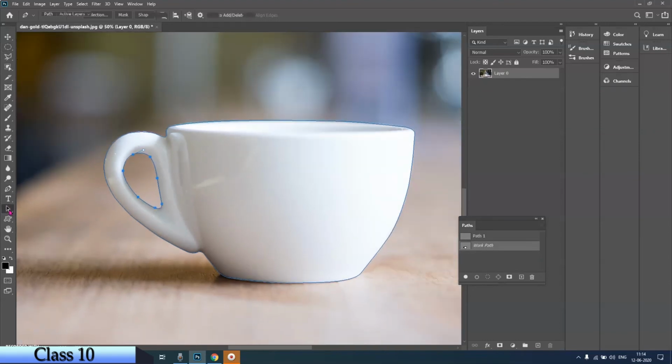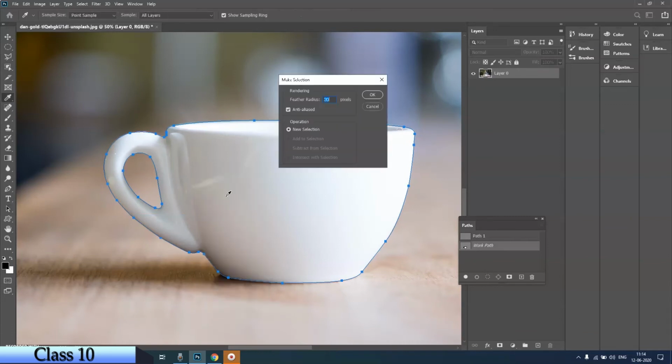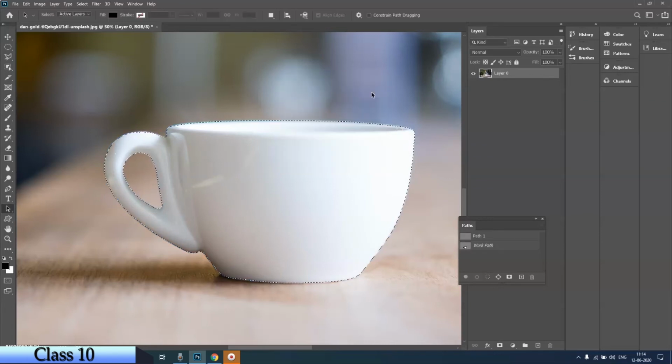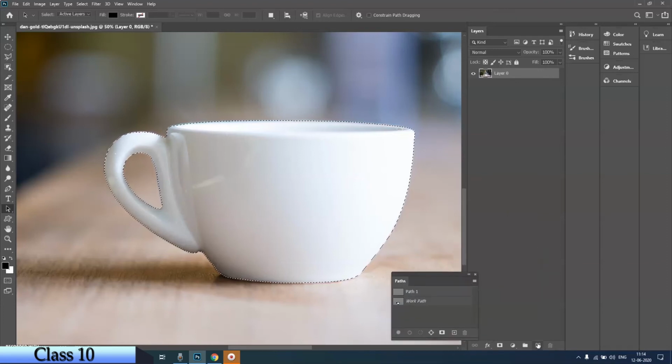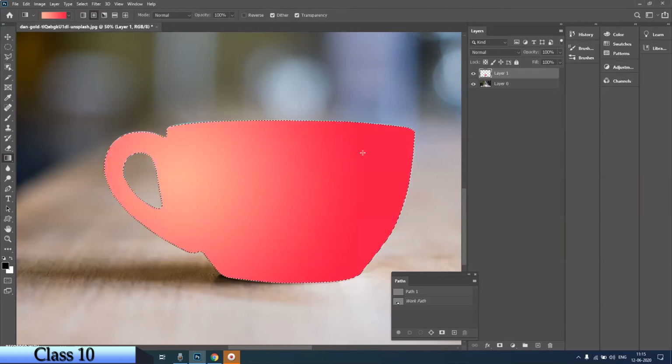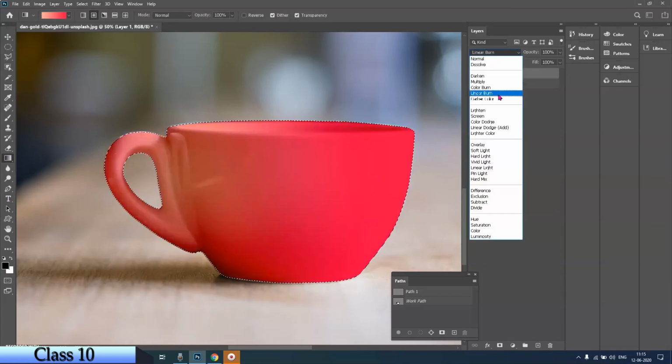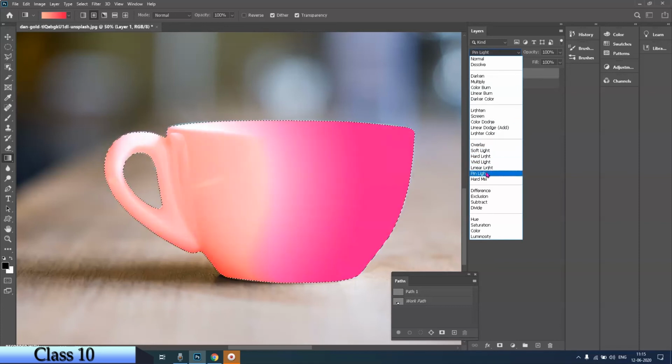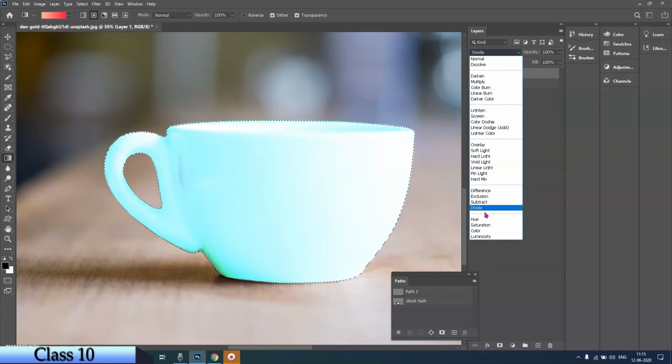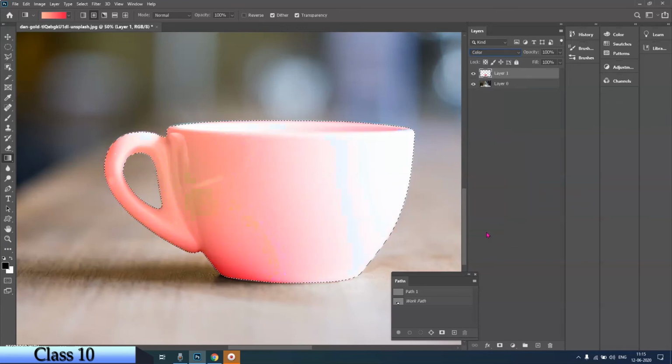Now I'll take this black arrow tool, select both, right click, make selection. Okay, feathering I'll take as 0.5 and okay. So you got your selection here. What you can do is add a layer and build a gradient in this, and you can have variation of the colors for your cup.